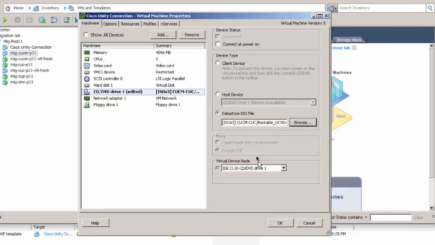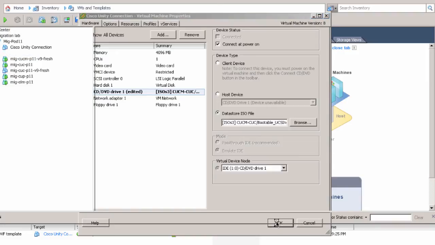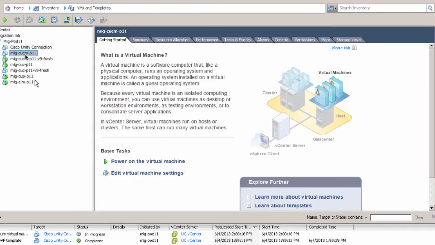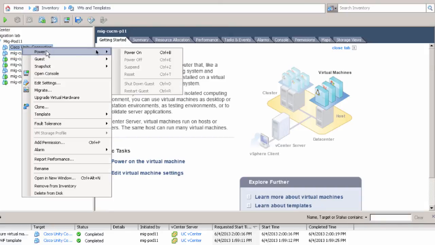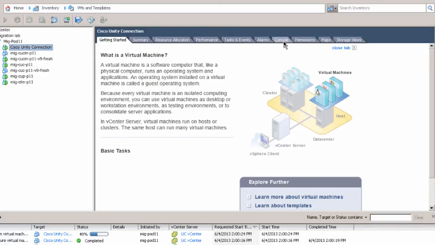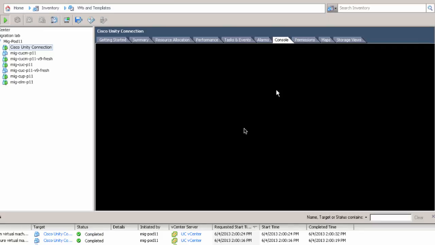And so select it wherever it's at, and then we're going to click on Connect at Power On. Make sure that is checked or it's not going to boot. And then we're going to click OK. And then we're going to go ahead and power on the VM. And then we're going to come over and click the console button, and now it's going to start booting up,